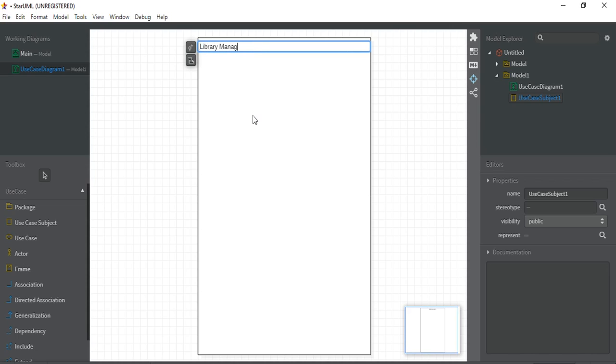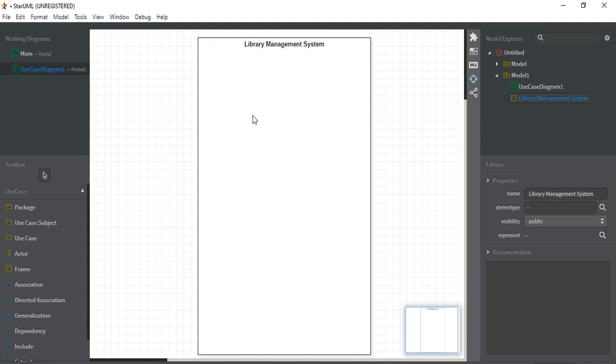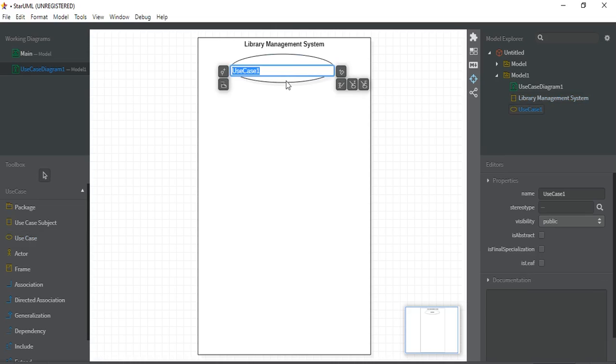After drawing the system boundary, we are going to draw the use cases of the library management system. Click use case and drag the use cases.